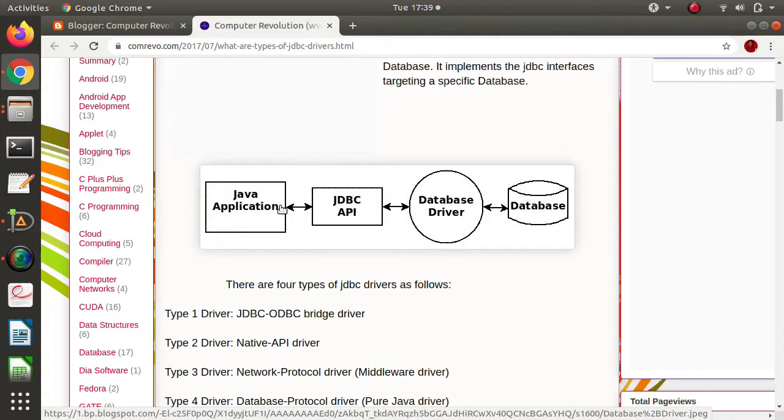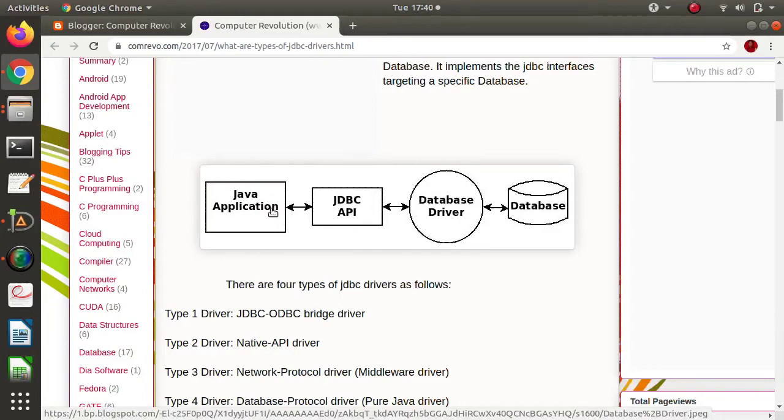What kind of operations can we perform? We can insert data into the database, we can retrieve data from the database, we can modify and update the database, we can delete a record in the database, likewise.